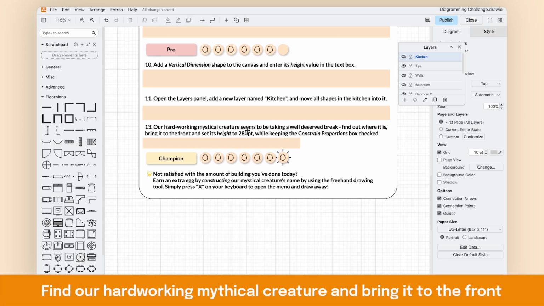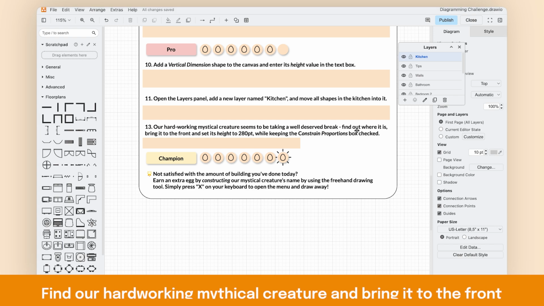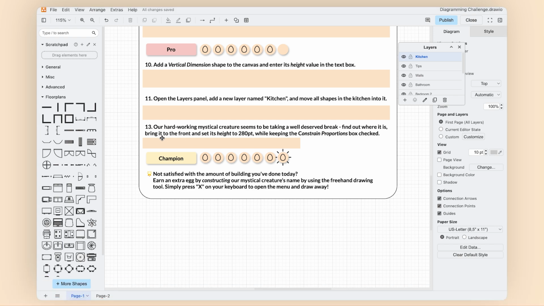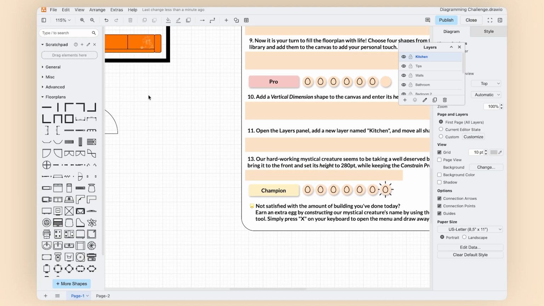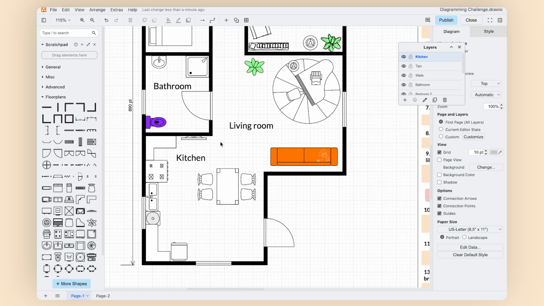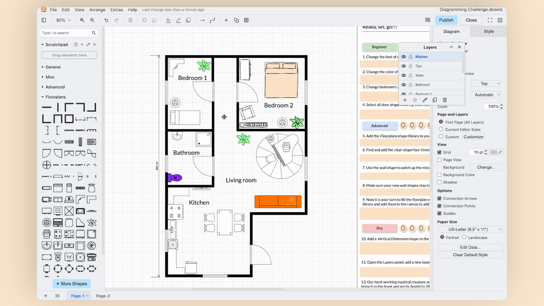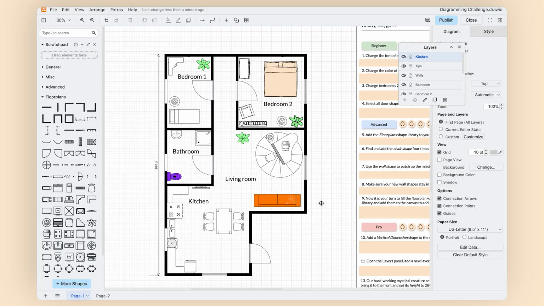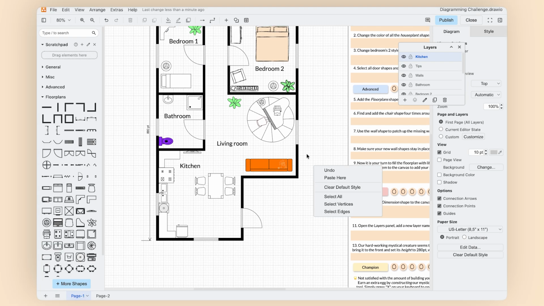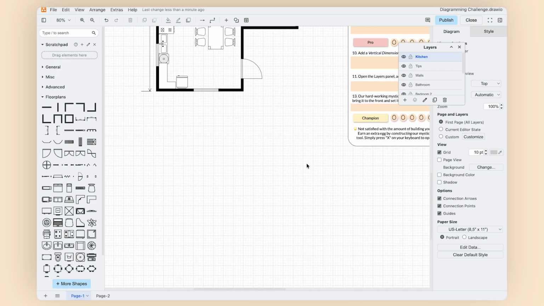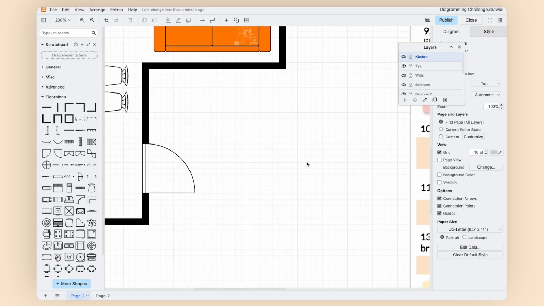Our hardworking mystical creature seems to be taking a well-deserved break. Find out where it is, bring it to the front and set its height to 280 point while keeping the constrained proportions box checked. Okay, let's find well-deserved rest. So beds, nah. Sofa, oh, I think I know where it is. I think it's on the sofa. There's something,